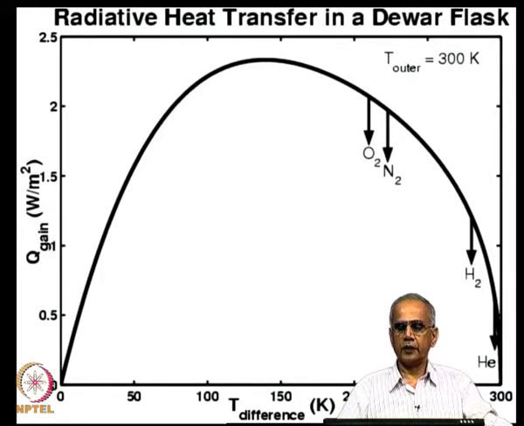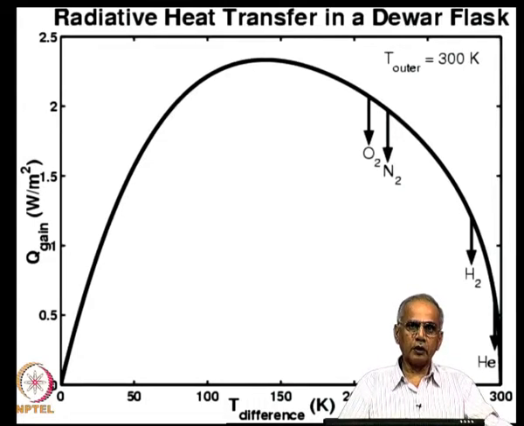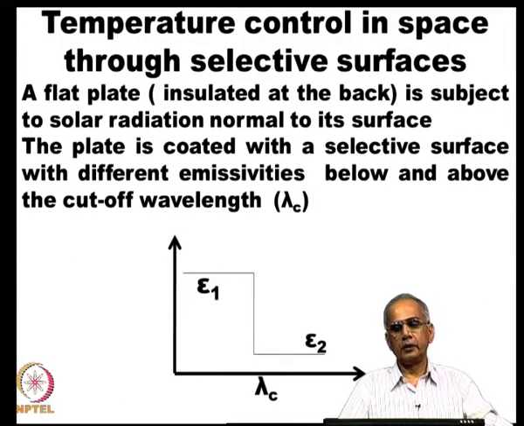And this is related to the fact that emissivity is a function both of temperature and wavelength, and that plays an important role. So, by looking at the non-gray nature of the radiative properties, we are able to explain this unusual feature of radiation transfer, which is quite different from what one encounters in either conduction or convection transfer. Now, I want to take another example of the spectral variation of properties having an influence on temperature by looking at temperature control in space through use of selective surfaces.